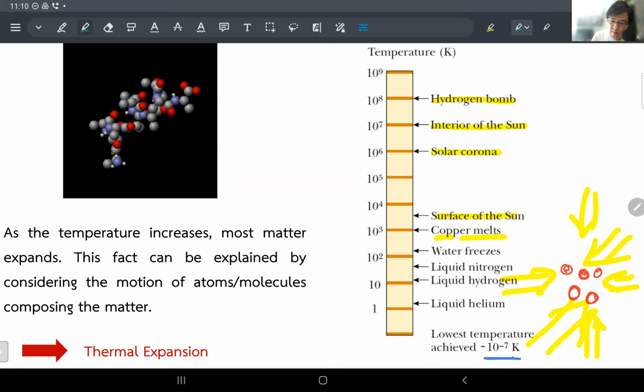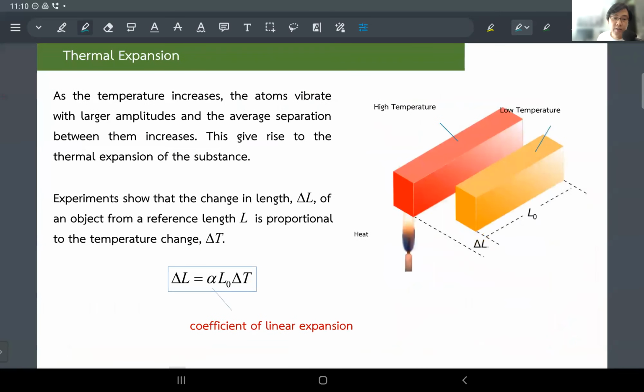And of course, usually we are somewhere around here. Okay, somewhere around there. So we're dealing with somewhere around 200 K, 500 K, 1,000 K, and that's pretty much it. All right. So here we go. The way that we can take into account how the temperature affects the expansion of a substance is through the thermal expansion equation. Even though it looks simple enough,